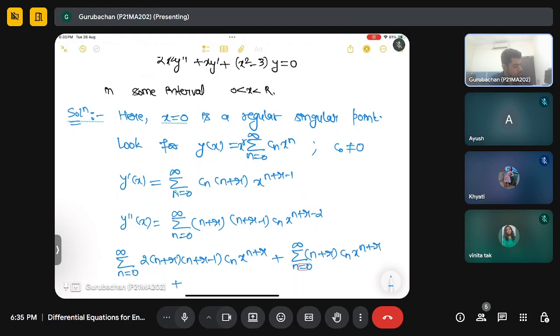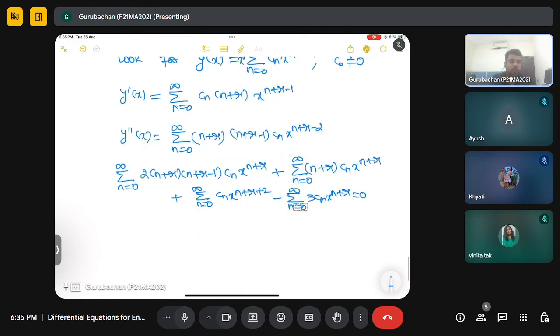Next is summation n from 0 to infinity c_n x to the power n plus r plus 2, minus summation n from 0 to infinity 3 times c_n x to the power n plus r, equal to 0. This is your final equation after putting this value. Now our target is to make all the powers of x the same. So we will substitute n minus 2 in place of n, and you will get